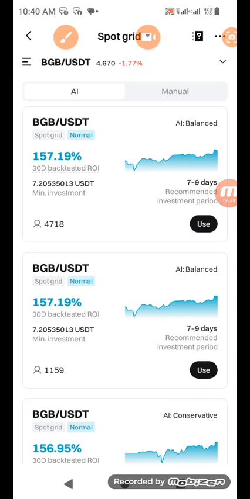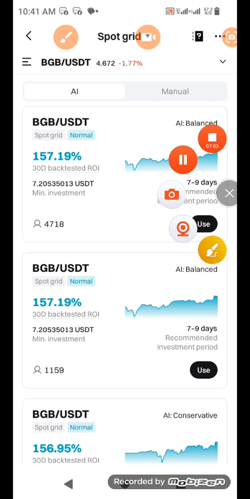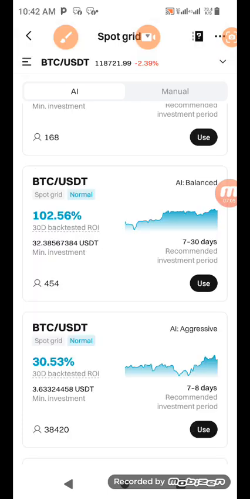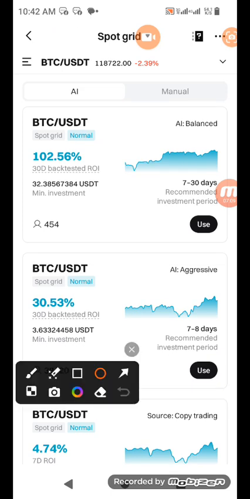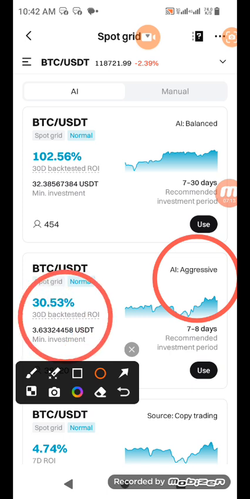Since this particular coin doesn't have what I'm looking for, I want to check another coin. I can still go with this balance and choose $7 or $8. I have up to that, but I don't want to go for that for now. So let me choose something I want. Okay, finally I had to choose BTC. Now look up, you can see. Under BTC I've been able to see, look at this, this is AI aggressive. You can see the minimum here is 3.6. So I can use my $4 within 7 to 8 days. So that's an example.